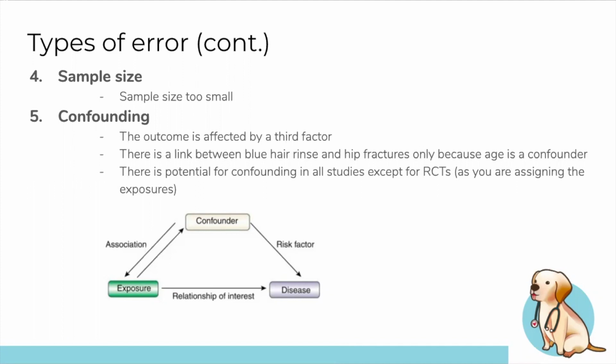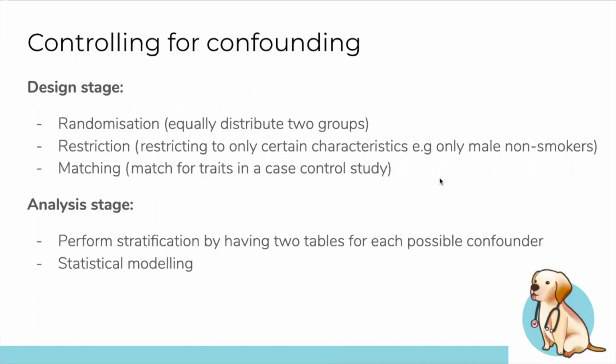So then your two groups of people, the people that are exposed and the people that are not exposed, would be pretty much identical except for the exposure. And so then you could reduce the effect of confounders. So we've got some more things about confounding. In terms of trying to control for it, because it is such a big issue, you can do things at different stages. So within the design stage, you can randomize,